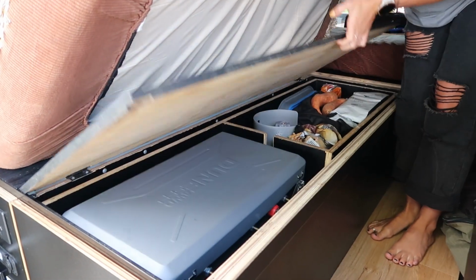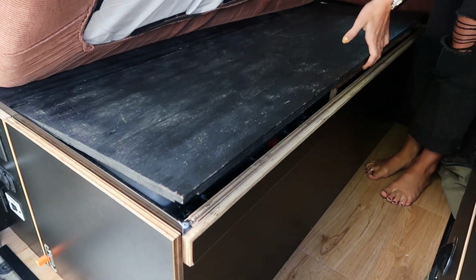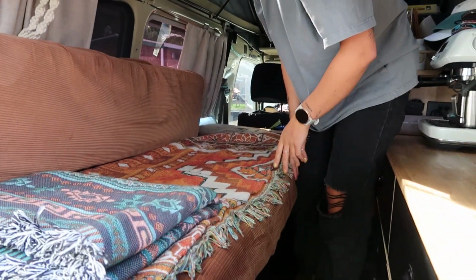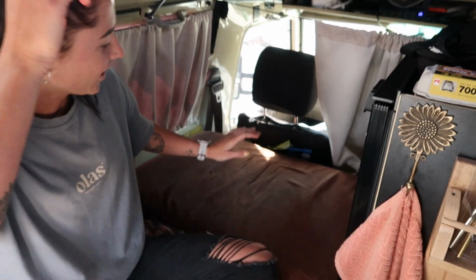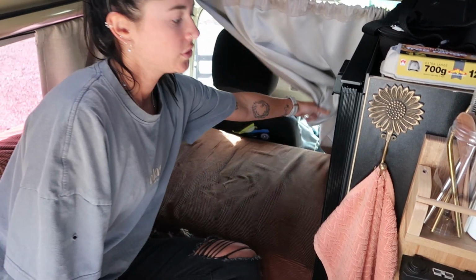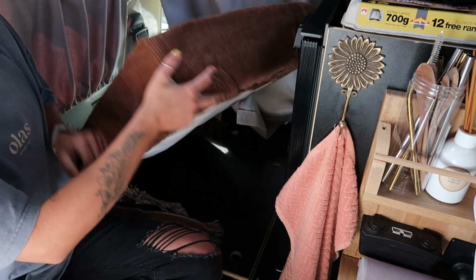If it was raining or anything, we can actually access all of that from in here, except for the pots and pans, so that's the only thing we can't get to. Okay. We've got our curtain at the front here, which we usually pull across, and then lifting this one